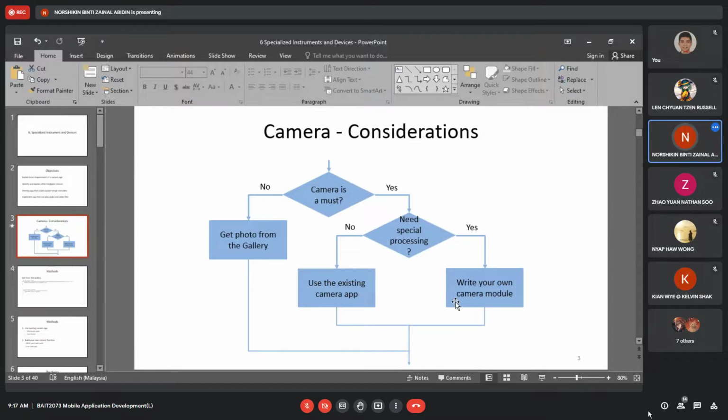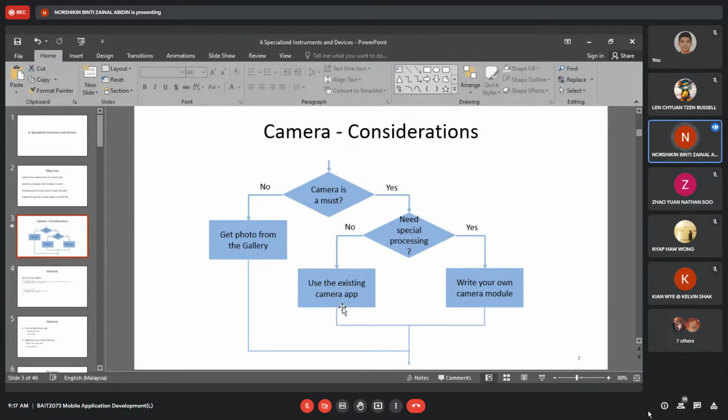Because you need special processing, like a special effect or any special function that you need to implement together with your camera. If not, and you just need the basic camera function, like taking a photo, with no special or additional function,